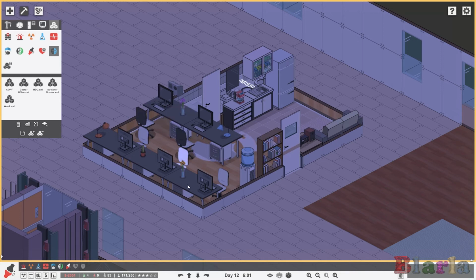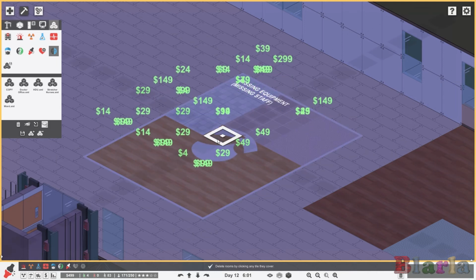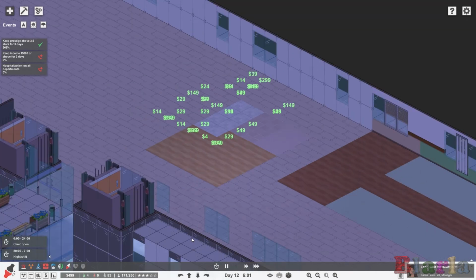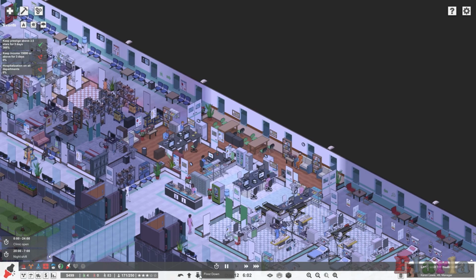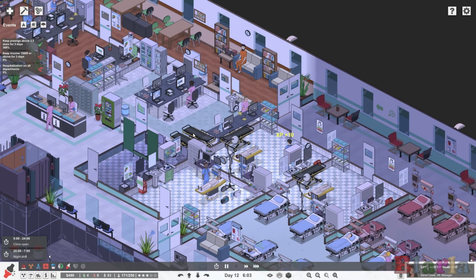So this, moving forwards in my sandbox hospital, when I build one, will be the office I set up purely for transfer nurses, and they absolutely love it. I've tested it out. They absolutely love it, and I cannot wait to demonstrate that in my sandbox hospital. And it just means that you can